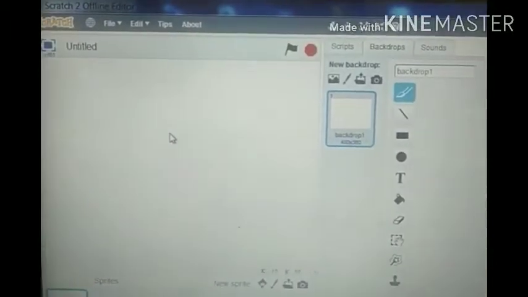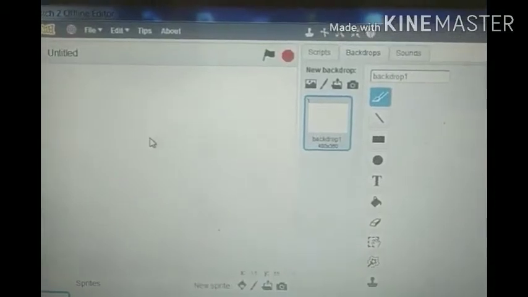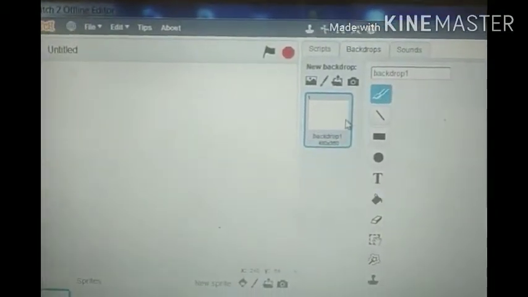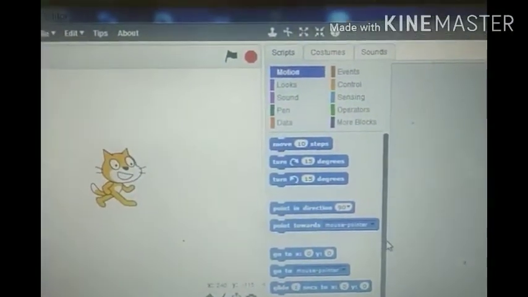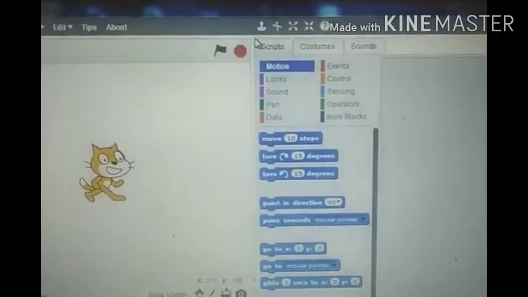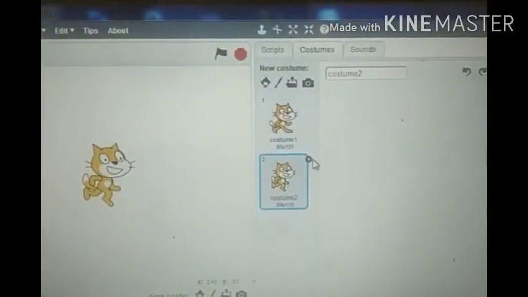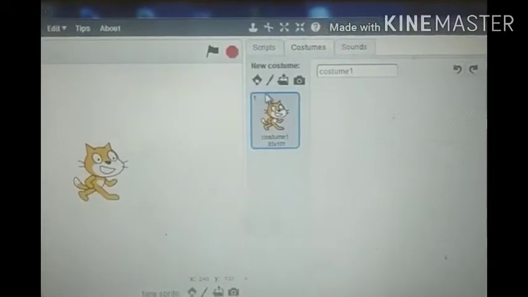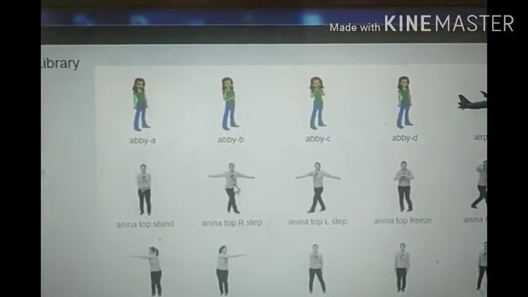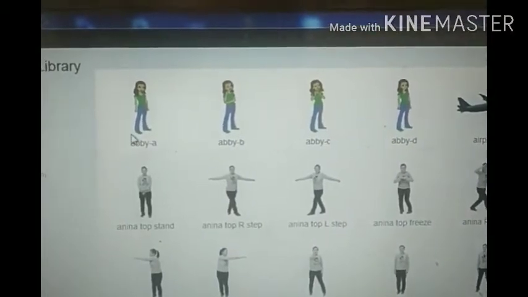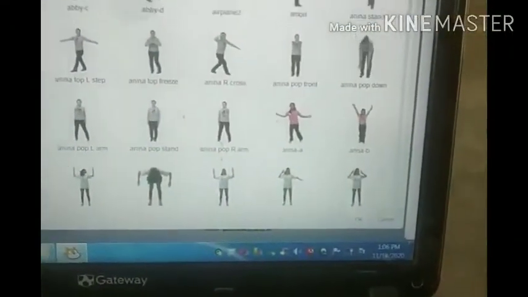When we want to create new costumes, first of all we go to the new costume option. Costume 1 and costume 2 are here. If we want one more costume, click on new, choose any one, A, B, C, whatever you want, and further, downside it has the OK button.